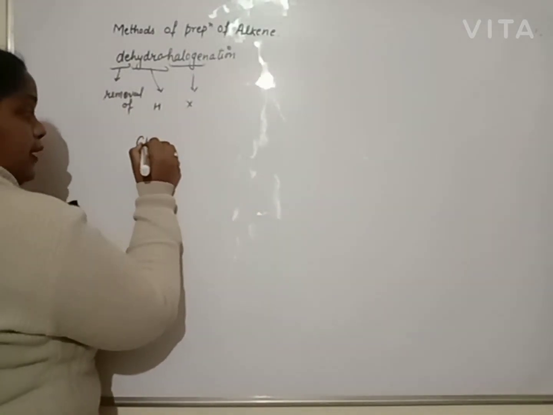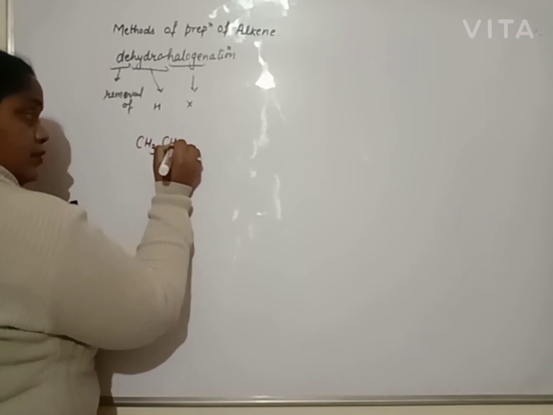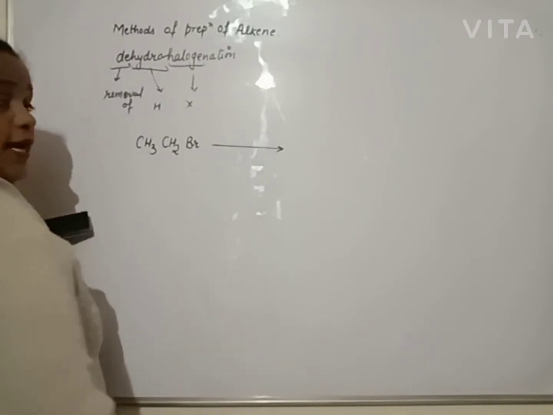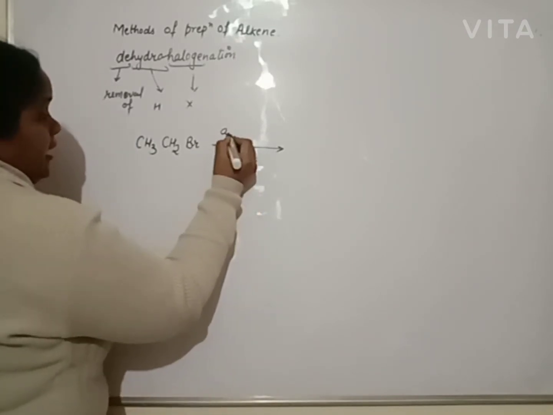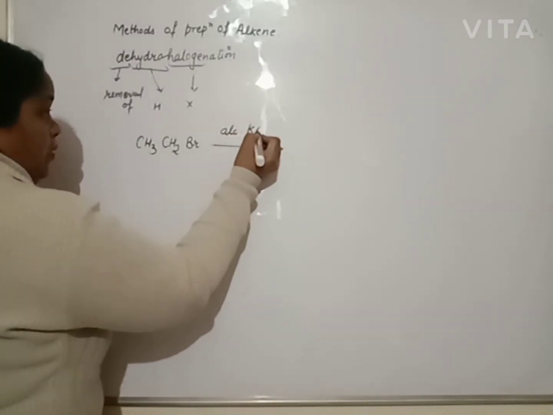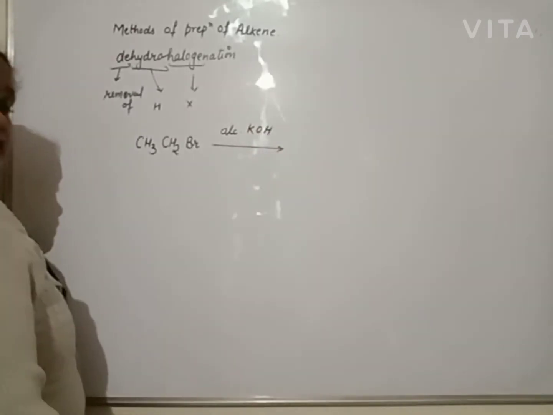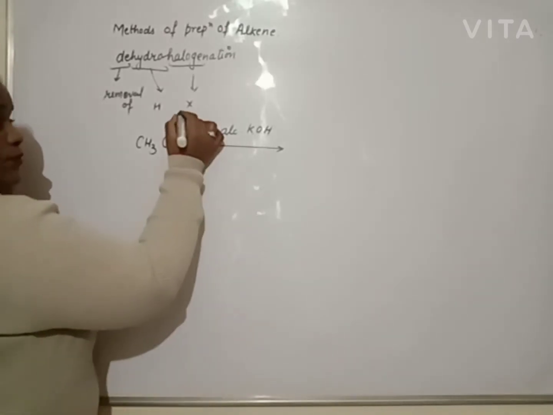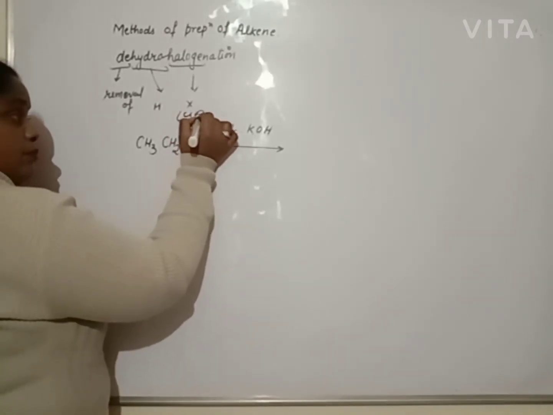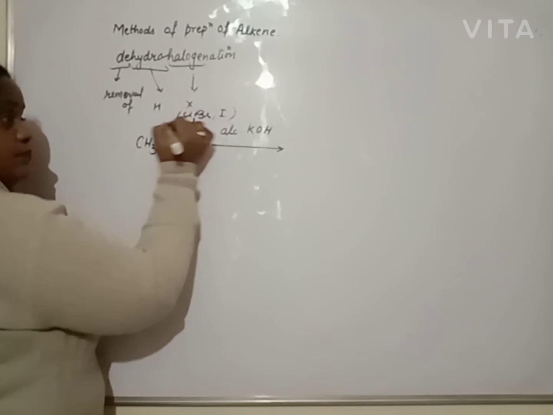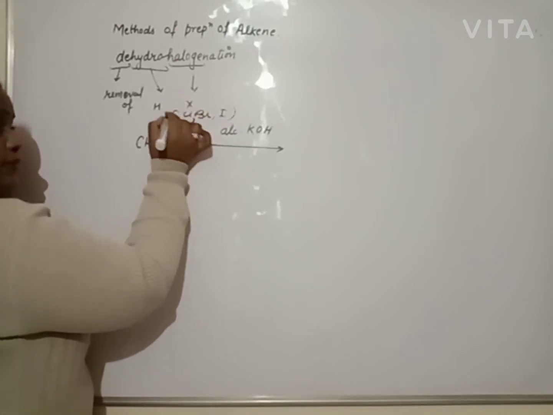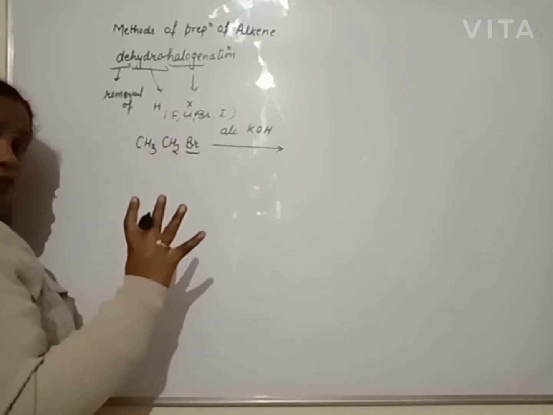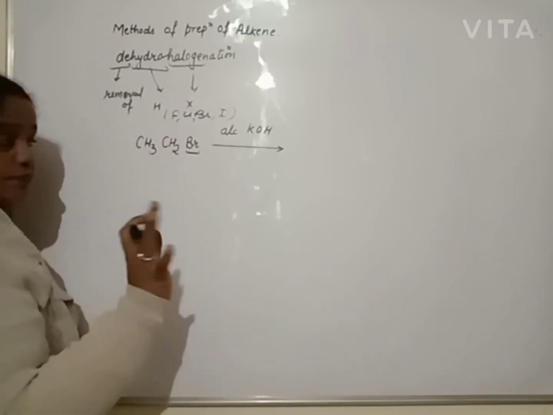Let us suppose you have bromoethane. You will add the dehydrohalogenating agent, that is alcoholic KOH. Beta, halogen is removed from this carbon. Halogen may be chlorine, bromine or iodine. Maybe fluorine also if present, otherwise not. Beta, halogens are a total of 4: fluorine, chlorine, bromine or iodine.